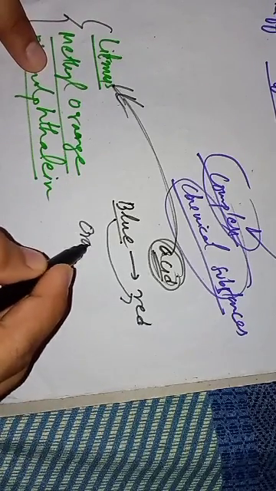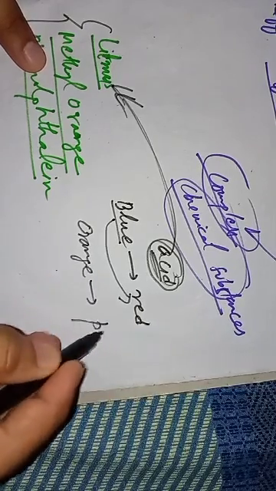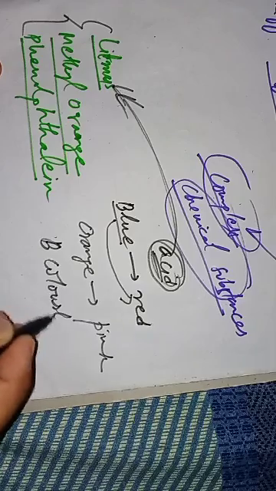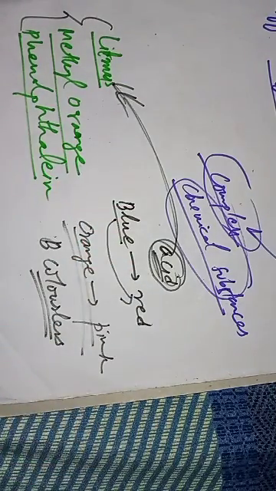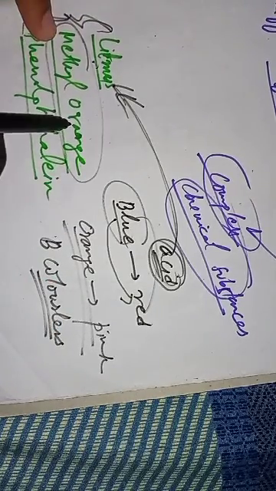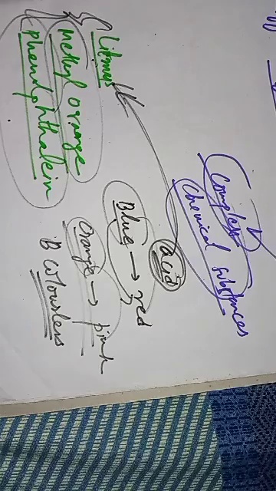Methyl orange will change from its orange color to pink. That will indicate that the solution or thing is an acid. And phenolphthalein will remain colorless. So we are talking about the physical properties of acids. That's why we are discussing the effect of indicators on acids. When acid comes in contact with litmus, the blue color changes into red. With methyl orange, the color changes into pink. With phenolphthalein, it remains colorless. This is the effect on the indicators which we use in the lab.